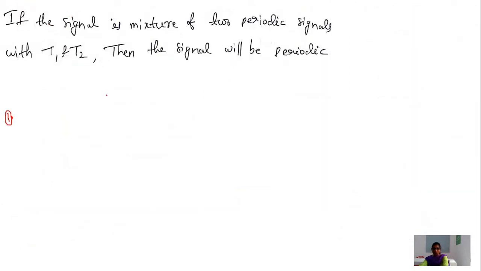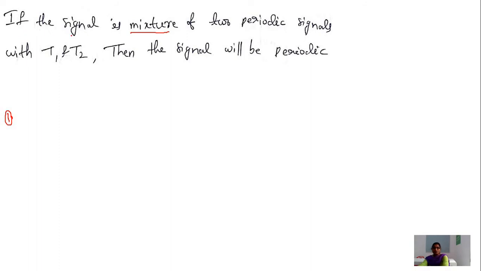Move on to the next slide. So far I have given one signal and multiplication of signals. Now I want to give you a mixture of signals, a combination of 2 or 3 signals. At that time we need to find the periodicity. First of all, whether that signal is periodic or not. If periodic, find out the time period.